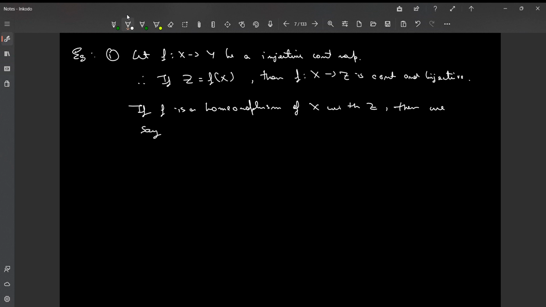It typically won't cause a problem. We can consider it to be the same image f. Yeah, it will do. We don't need a restriction because we are doing nothing with the domain, right? Okay. Then if f is a homeomorphism of x with z,